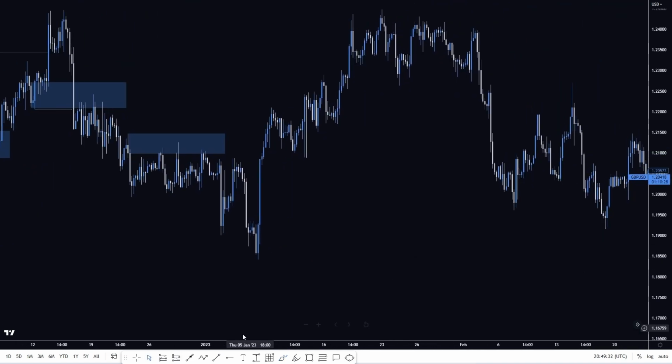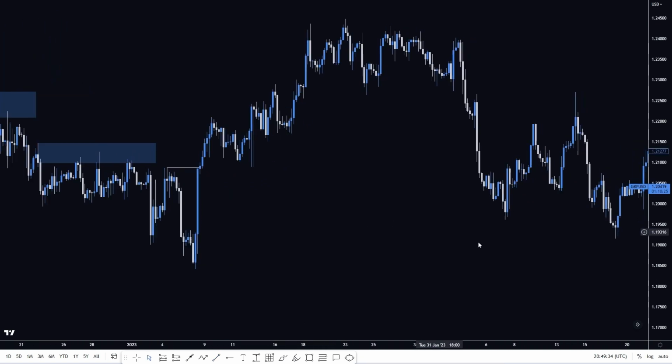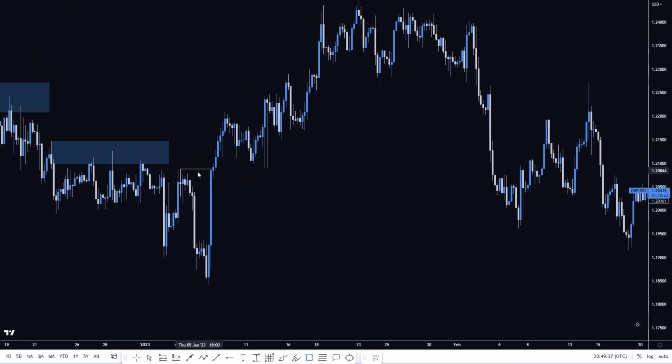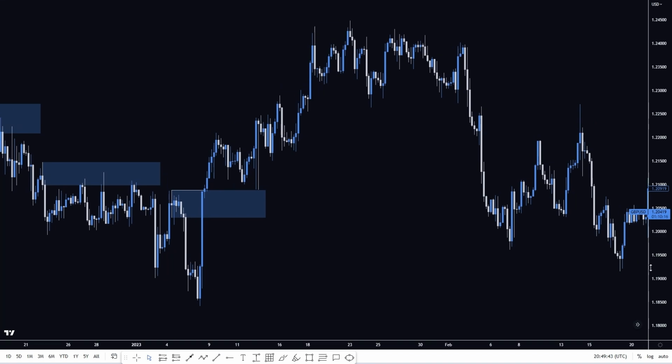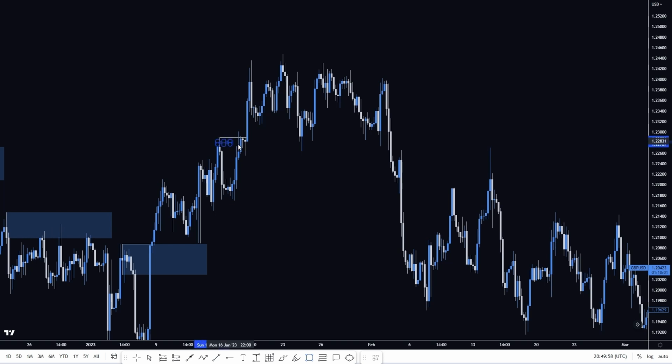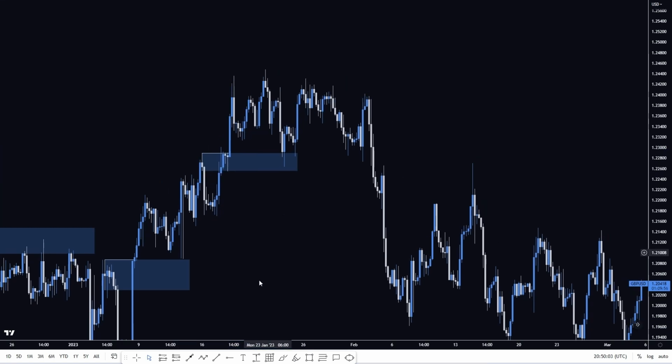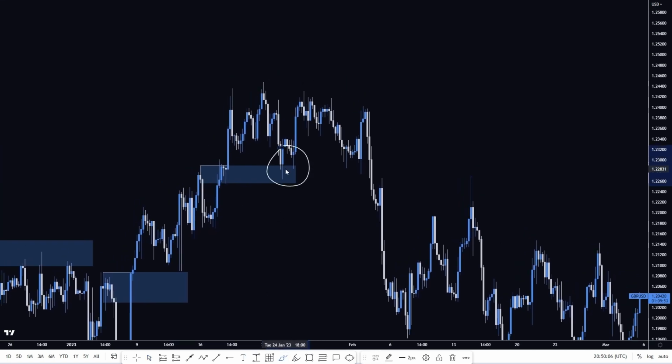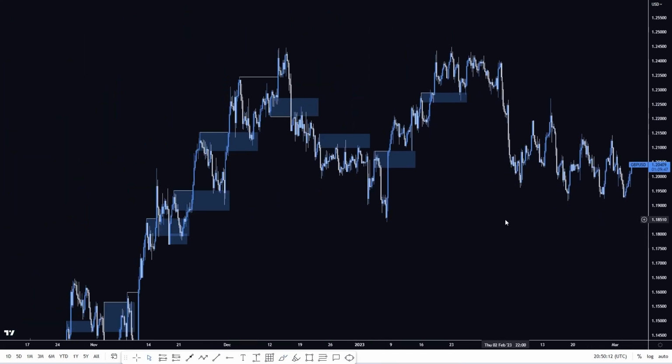But before long we actually change back to the upside and we start to repeat the process all over again. So here you can see that we almost get a tap into here, with these two wicks of this previous resistance turned support. So exactly the same thing is happening all over again. We're breaking higher, pulling back, breaking higher again. So when you see breakouts of areas such as this, these areas of fake resistance turn into areas of strong support for us to see those retests, just in here, and then price starts to move up again. So you can see, guys, the process will constantly repeat itself over and over again,